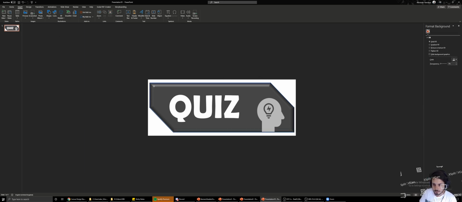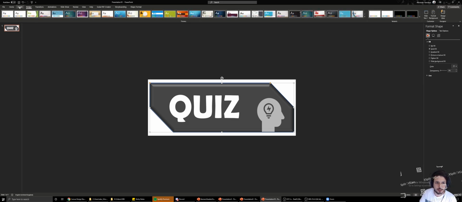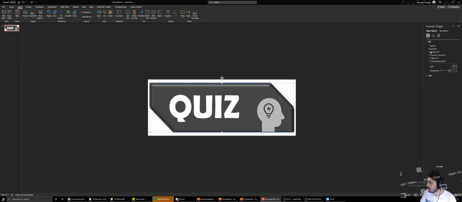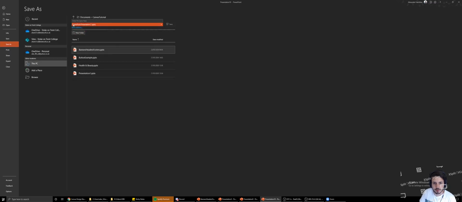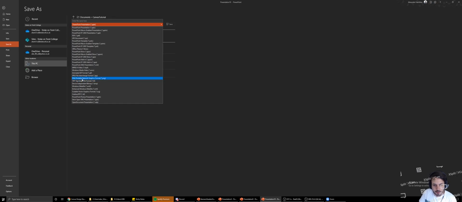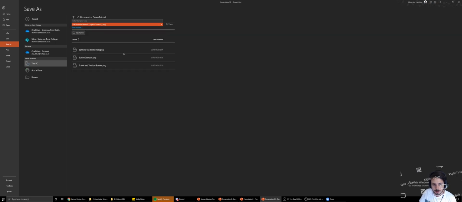So I just want to change the outline of that. So if I do shape line, and then yeah, in fact actually I might be happy to just lose that entirely. So let's say we were happy with this. All you have to do is do File, Save As, and then I'll just save it in here. And then rather than saving it as a PowerPoint, you go down here and you save it either as a JPEG or a PNG. So if I save that and I called it button, and I didn't have caps lock on,